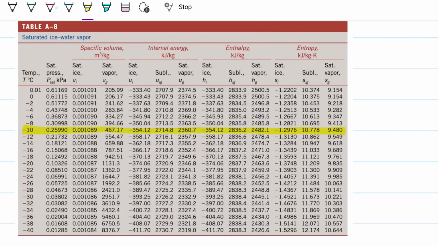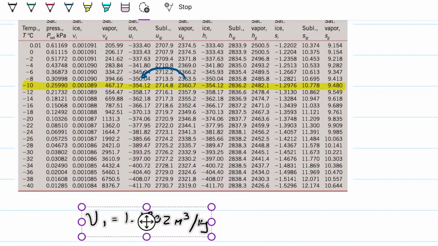I can note that there's two different values for internal energy. There is one for the saturated ice, which is actually a negative number, and one for saturated vapor, which is a very big number, right? So the difference between the two is very substantial, okay? Now, what I need to do here is, I know I actually saved this before. I know my specific volume is